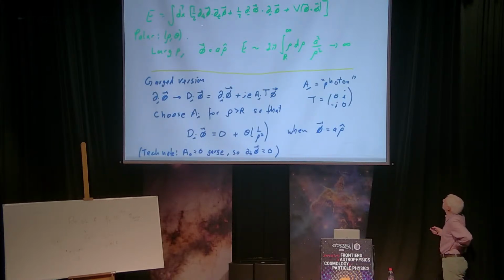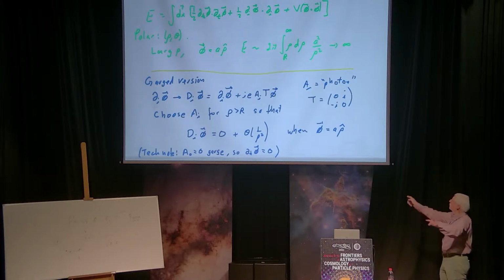So here's how that happens. Here's again the energy expression. Remember this arrow for phi just in some internal space. Let me use polar coordinates, rho and theta, for the energy. So you can see that, if you integrate over theta, you get some 2 pi. But the integral over rho, which is a rho d rho, and if you think of the gradient here, I'm putting phi to be this constant A times a unit vector, which is pointing out,